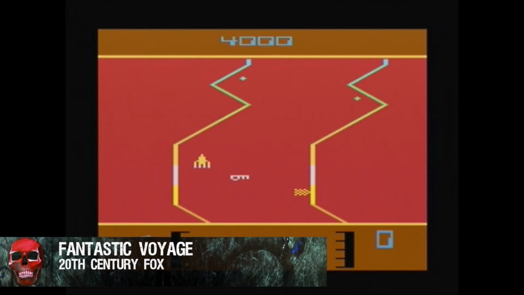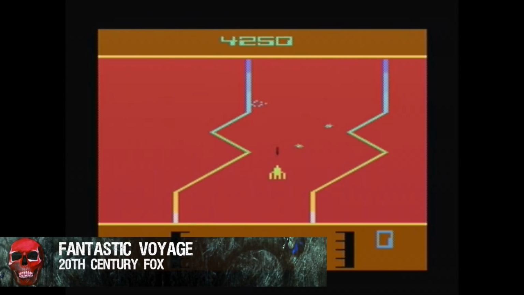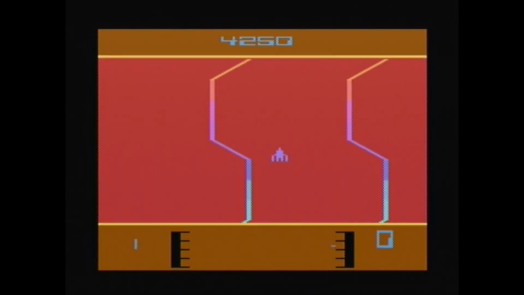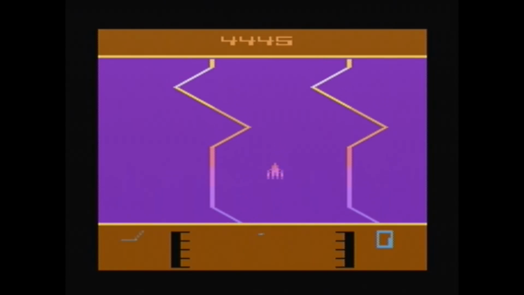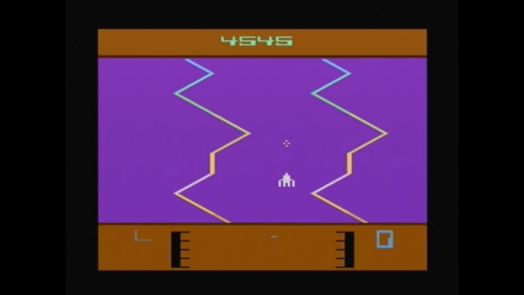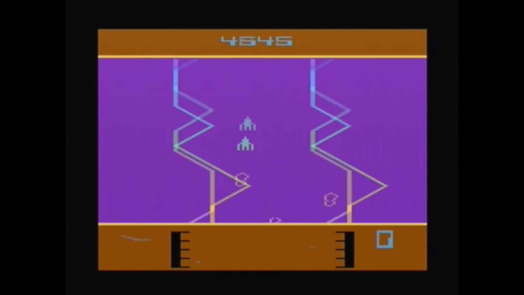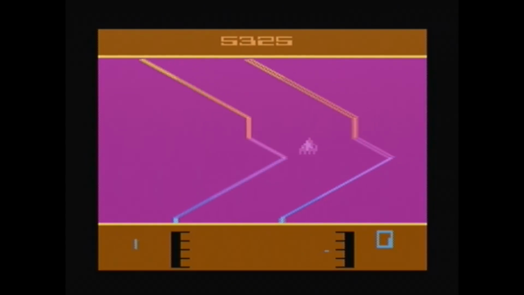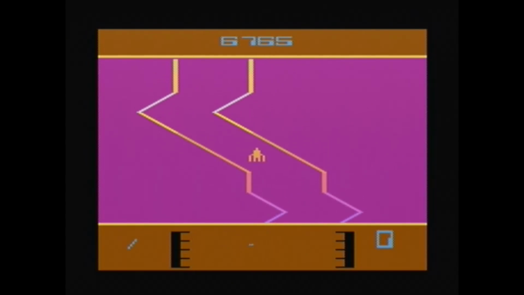Now, here's a bit of an odd game, and I say that because it's actually based on a movie from the 60s called Fantastic Voyage. The premise of this game is that you are piloting a miniature sub that has been injected into an ill patient's bloodstream. Now, your goal here is to blast obstacles that are hurting that patient. In the bloodstream, there are the things you would expect, like blood clots and